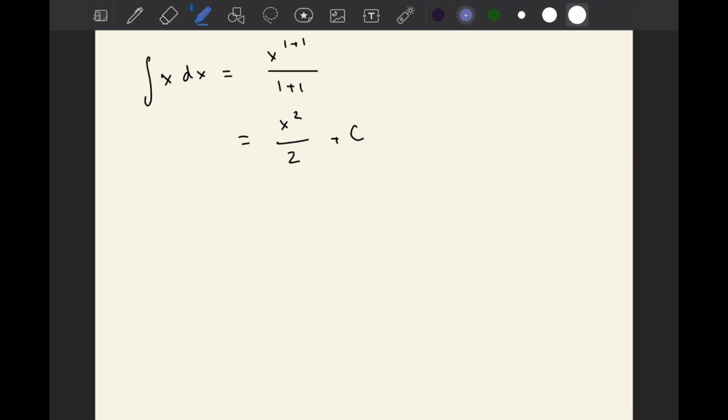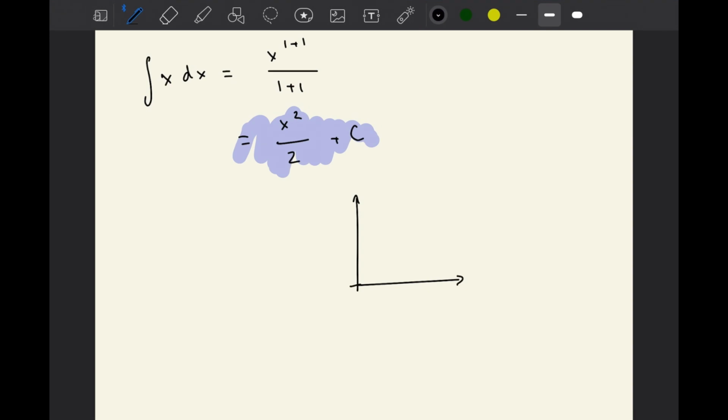And why I wanted to do this is because this is a linear function, right? If you imagine x on the graph, it would look something like this, right? And the area under it is a triangle, right? At this point, x and y are also the same. So it's going to be an isosceles triangle, so these sides would be the same. And what I'm trying to say is that you just derived the